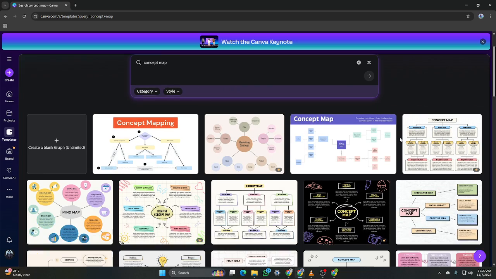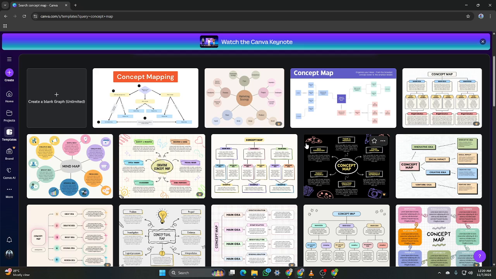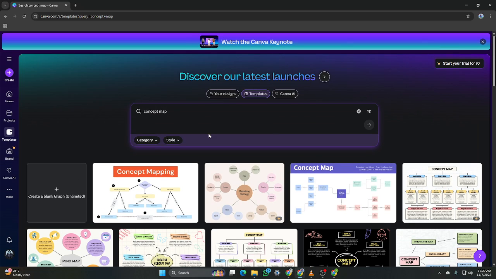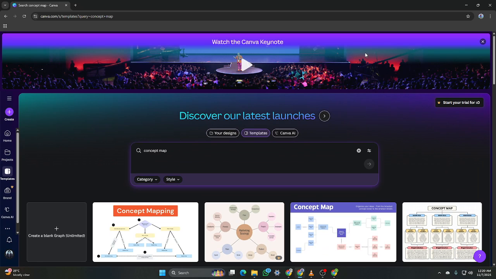Let's jump right in. Start by heading over to canva.com. If you don't already have an account, go ahead and sign up or log in. It's free and quick. Once you're on the homepage, look for the search bar at the top and type in Concept Map. Hit enter and Canva will instantly show you a wide range of ready-made templates designed specifically for concept